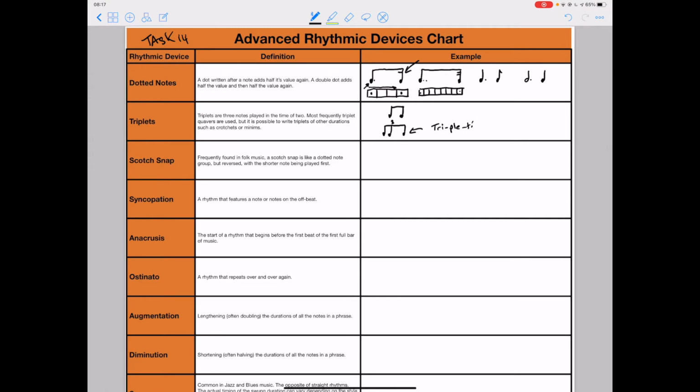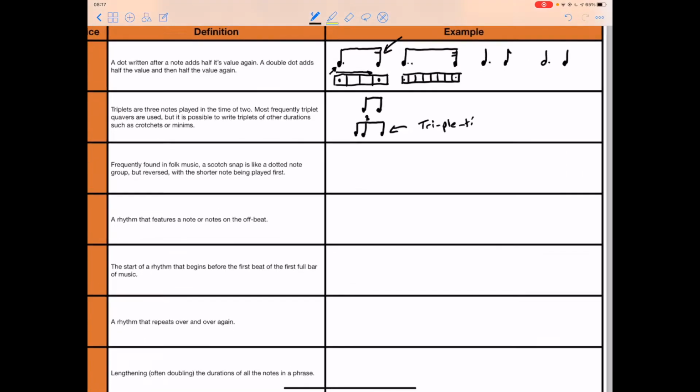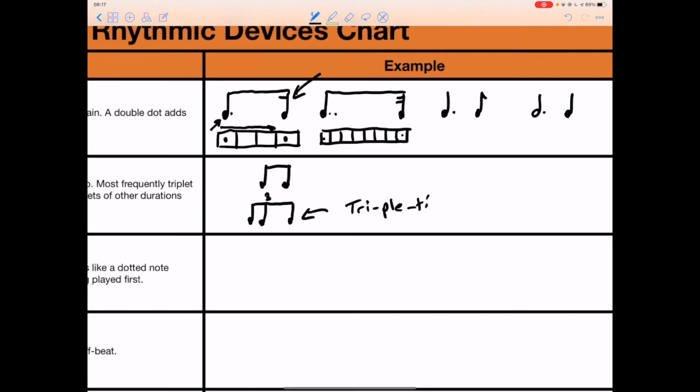A Scotch snap. Now this is frequently found in folk music. A Scotch snap is like a dotted note group, but it's reversed with the shorter note being played first. And that's exactly what it is. So if I draw this again,